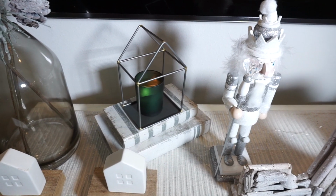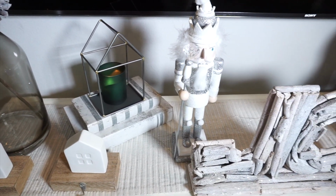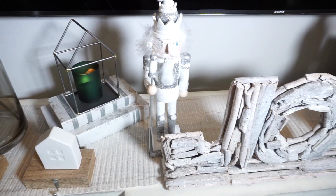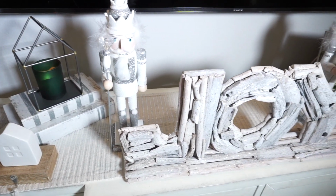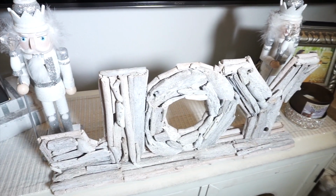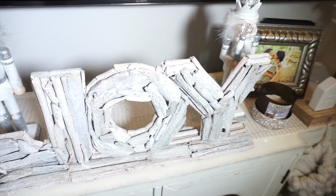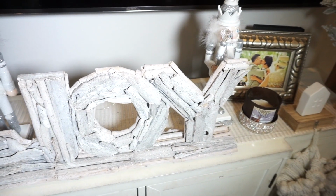The stockings were from Home Goods, as well as this little house with a candle in it. Those were from Target dollar section as well, and the books are from Hobby Lobby. That's part of my normal decor. So then the nutcrackers are from Home Goods, as well as that joy sign. I absolutely love that joy sign. I feel like if I had a fireplace, it would be so much cuter, but it still looks really good